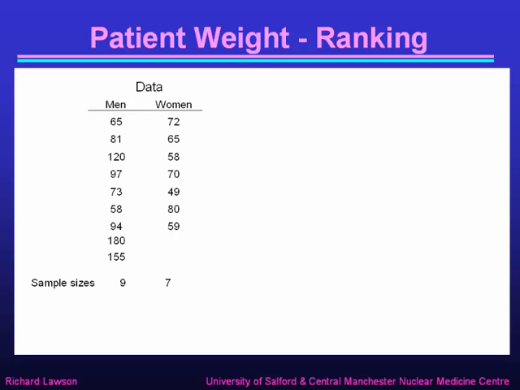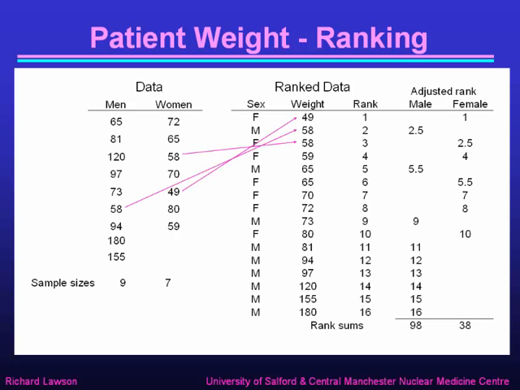So here are the weights that I showed you for the 9 men and the 7 women, in no particular order, just in columns for men and women. Notice they don't have to be the same number in each group. We have a different number of men and women. When we rank the data, we have to put them in order, but ignoring whether they were men or women